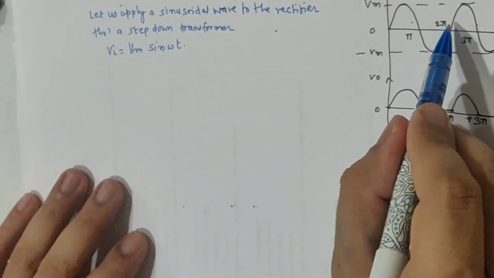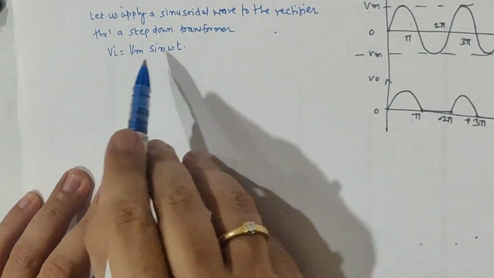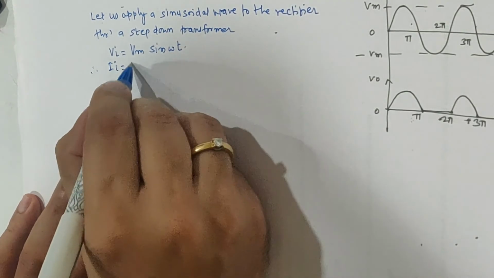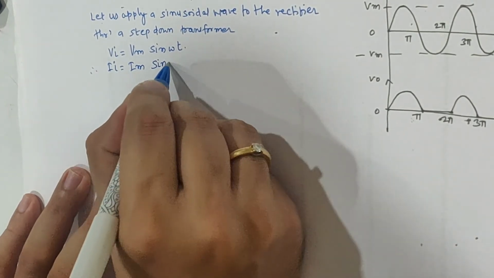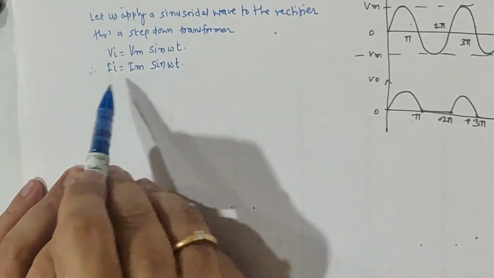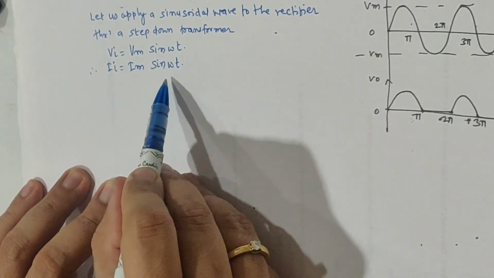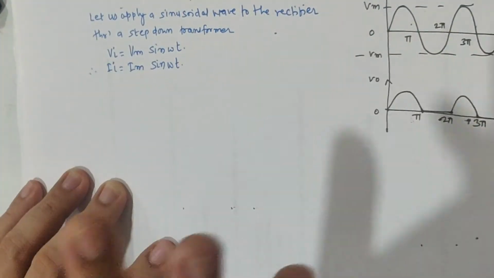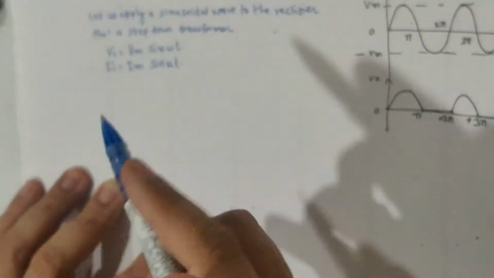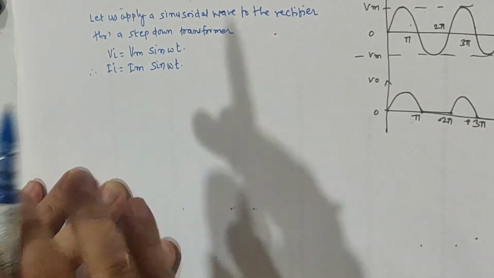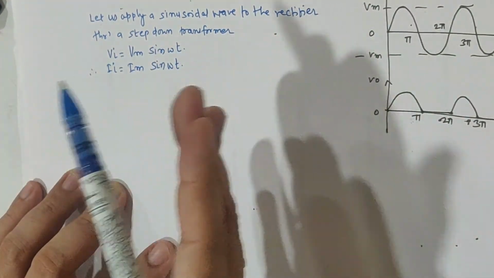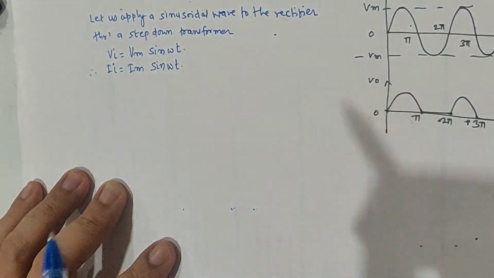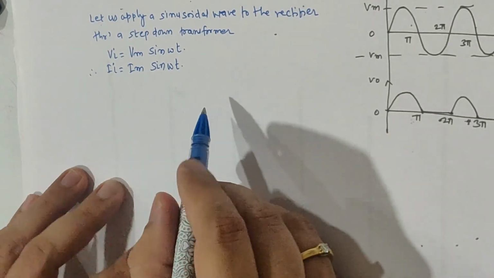So I have written the equation for this particular input voltage, which is Vi is equal to Vm sin omega t, and therefore the current equation will be the same. It is Im sin omega t. Voltage is Vm sin omega t. If I am writing it in terms of current, I can write it as Im sin omega t. Remember, the analysis can be done in terms of current, it can be done in terms of voltage. That is your choice. We will consider voltage, you can consider current also. The equations are going to be the same, only the parameters will be replaced, like current will be replaced by voltage, voltage will be replaced by current, that's it. Okay, so let us try to analyze it. Okay, now see this, what is Vm?